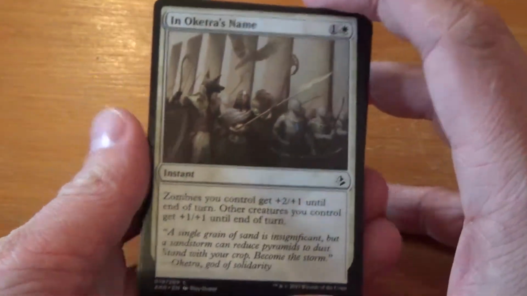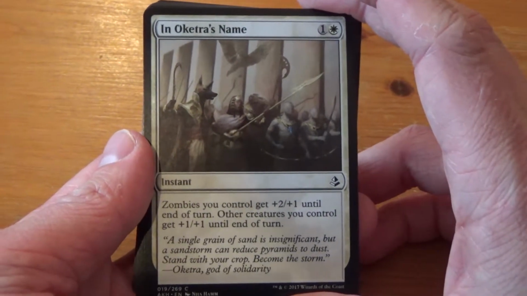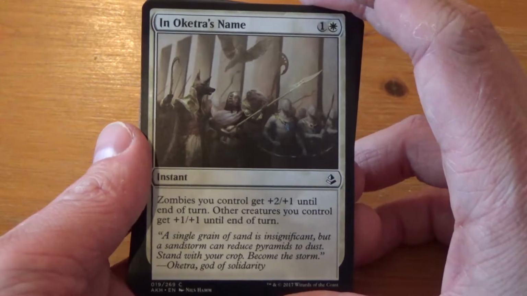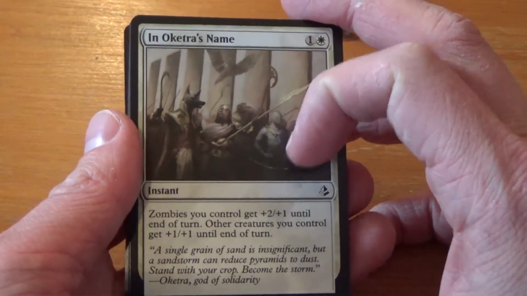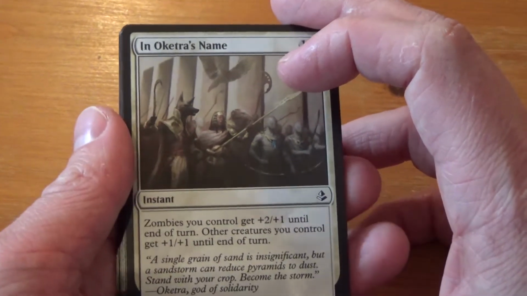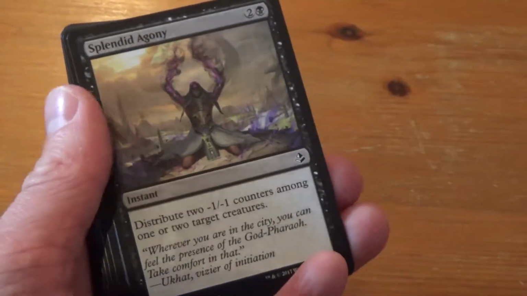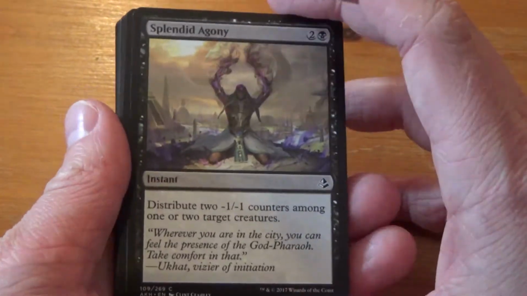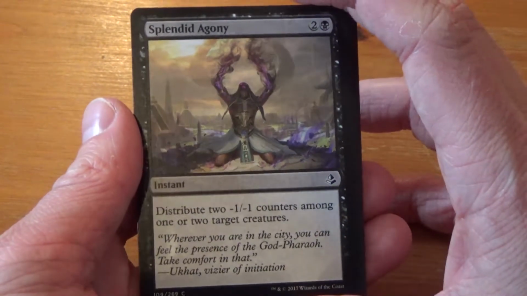In Aketra's name, I think this is better than it appears, because if you are being super aggressive in white, pumping the team for 1 is okay, and you will have a lot of zombies, like you've got the 1-drop tapper and the Binding Mummy at 2, which also taps things down. Quite a few mummies that are just natively mummies, you don't have to embalm them, so I think that's actually pretty good. Splendid Agony, which is fantastic black removal if you're in the black-green -1/-1 counters,